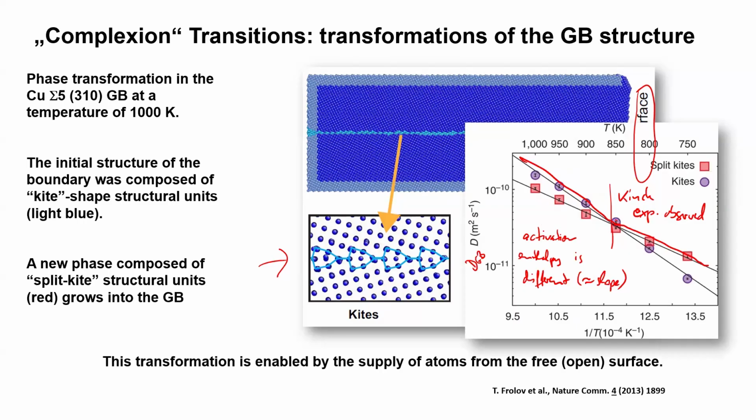Then you let your system diffuse, you measure diffusion coefficient, then you change the configuration, you do the same experiment on the computer again. And in experiment, it also is the same. You would see that when you go from a certain temperature low to a certain temperature high, you have not a common Arrhenius line anymore,